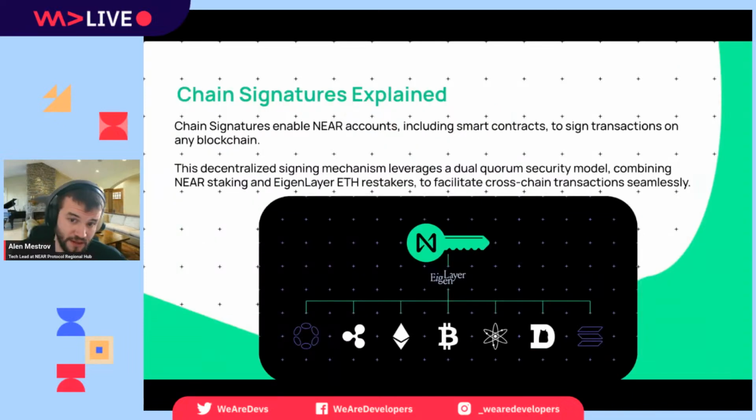How does NEAR do it? NEAR introduced chain signatures, and with this slide you can see how it looks. You have a NEAR account, which can store smart contracts, and that smart contract can sign a transaction on any blockchain, because NEAR now has access to the Ethereum network and Ethereum layer. You can send money with the NEAR account to Ethereum, ETH, Polkadot or Bitcoin,